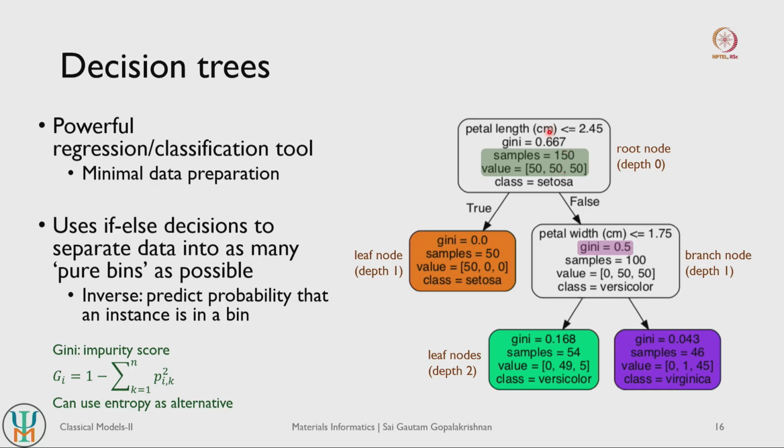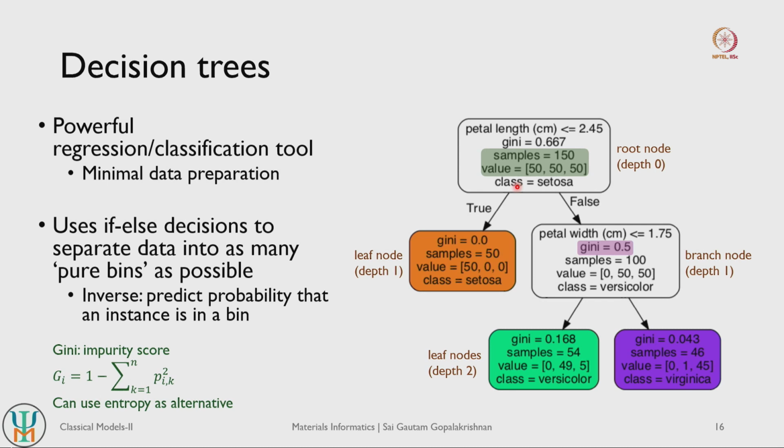So, let us take an example here. Let us say I pass in about 150 samples of my iris data set, out of which 50 have labels of Setosa, 50 have labels of versicolor, and 50 have labels of virginica. So I have 150 data points, 50 of each category. Let us say I now try to classify based on petal length. My decision tree takes in a value saying that if petal length is less than 2.45 then it is assigned as true, and if it is greater than 2.45 it is assigned as false.